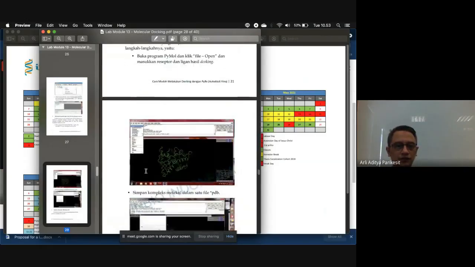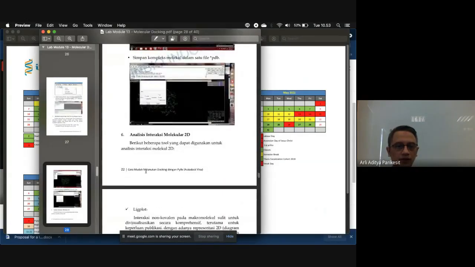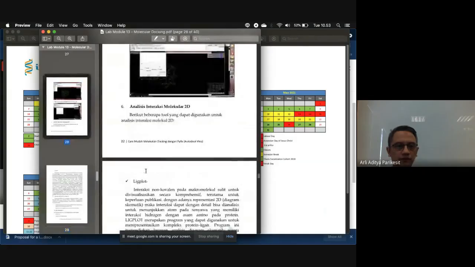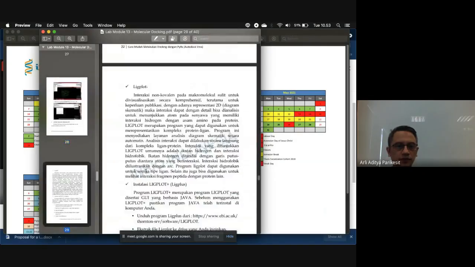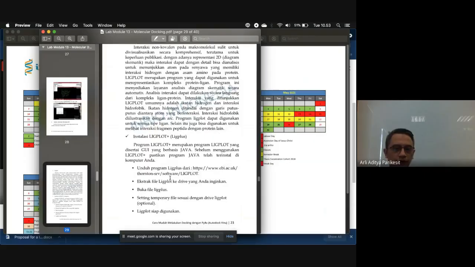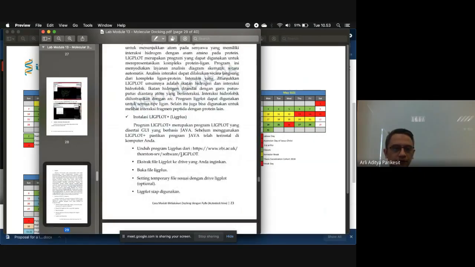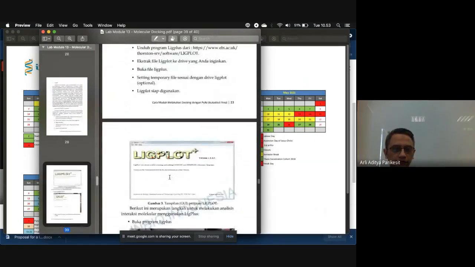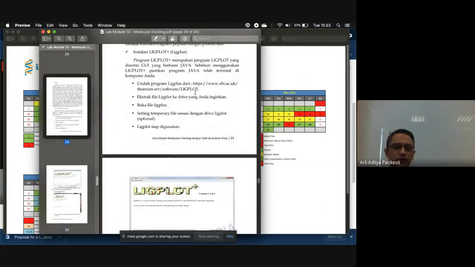You can use PyMol here. There are some tools that you can use to analyze the two-dimensional interaction of hydrogen bonds and hydrophobic interactions and so on. It's very easy. You can just download the program here. It is LigPlot. If this link is not working, you can just Google it.